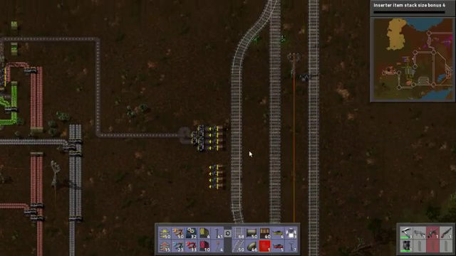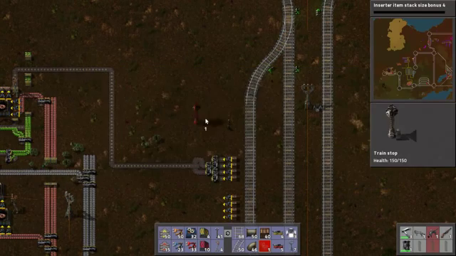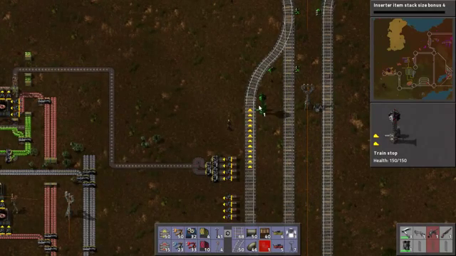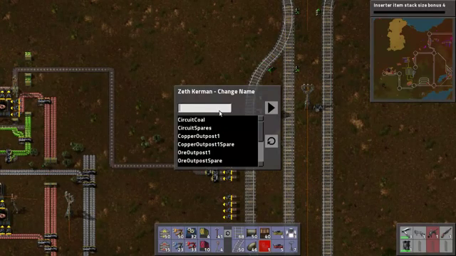All right, I'm going to have to eyeball this now. This is not great. I should have never moved this stop. I don't know what I was thinking. We're on the left. Yes, we're on the left. Okay, so now if I name this Circuit Plastics, the train...